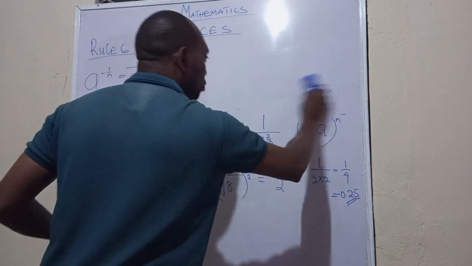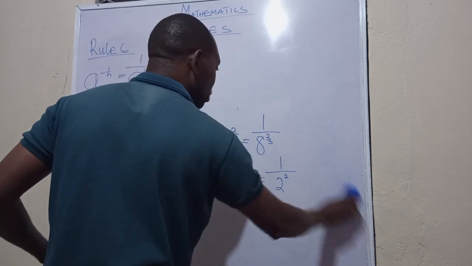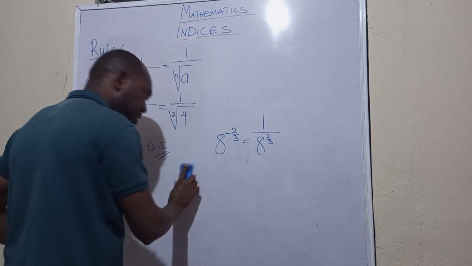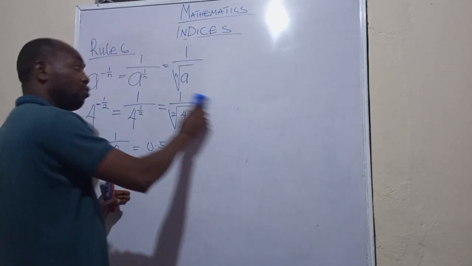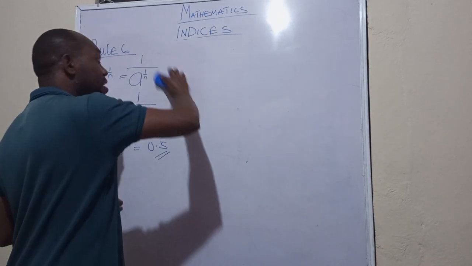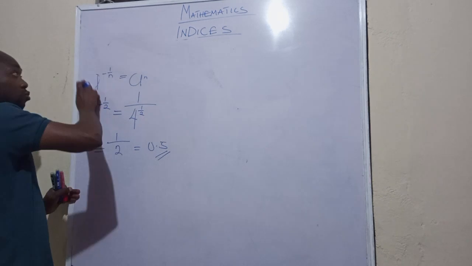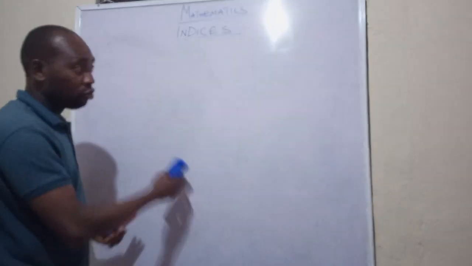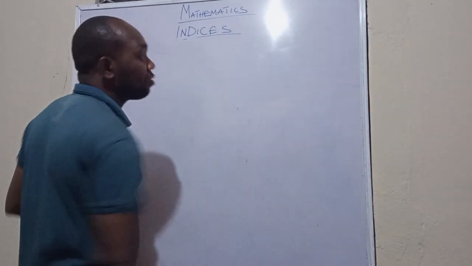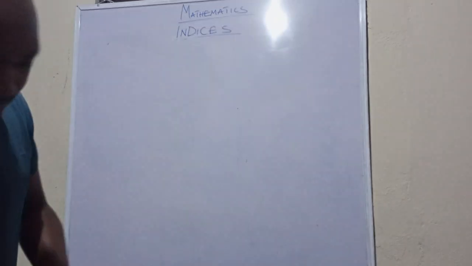I can make that rule 8, but most textbooks will say this rule will be rule 4, some say it's rule 3, some say it's rule 5. But I want to make it rule 8 because there are some rules here that were so important to me than that rule. Now, looking at this,